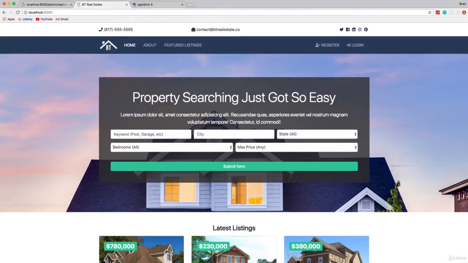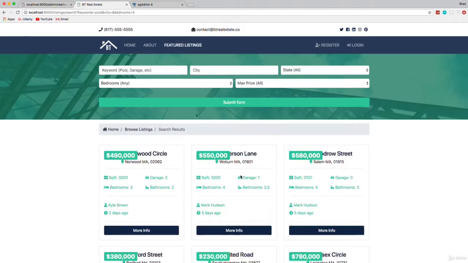All right, guys, so now we're going to give functionality to the search forms, both of them. Basically, what we need to do is when we make a search, like let's say we put pool or something, or we choose bedrooms, any field we fill in when we submit, we're going to want to first check to see if that field exists, and then we're going to want to pull it out of the request,